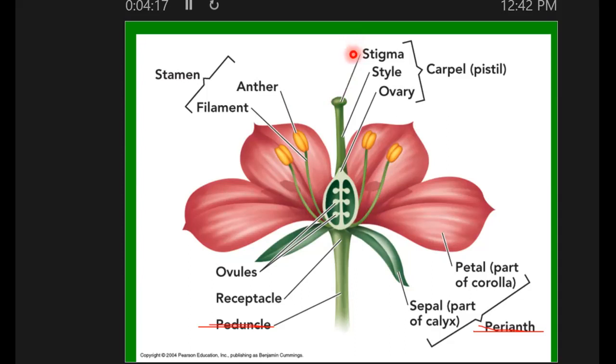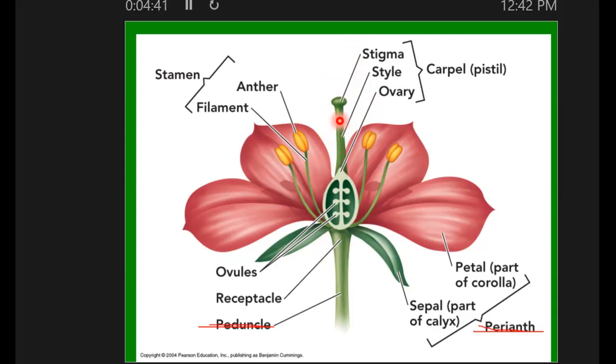So stigma is the top portion here. This is where the pollen is going to land. Style, I remember that because women have style. And then ovary, of course, women have ovaries. So stigma, style, and ovary. So the style is used to raise up the stigma. It's like a stalk so that the stigma can be raised up above the other flower parts,